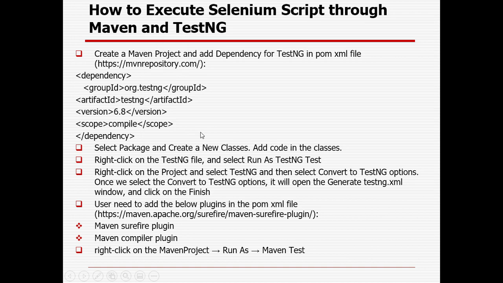Once it is added, it will be stored here. Next time, if you refresh and the internet connection is not available, it will still collect all the information from your local repository. It will not check the internet first. Instead, it will search the local repository, meaning the .m2 folder. In case it is not available, it will go to the central repository. That's why it works.